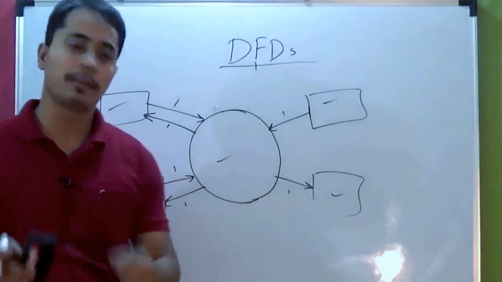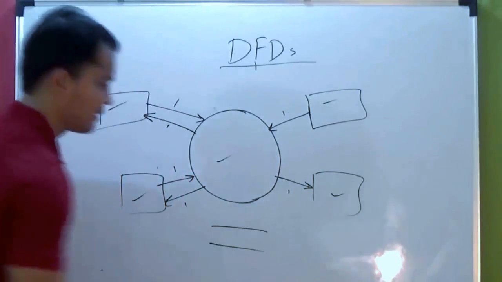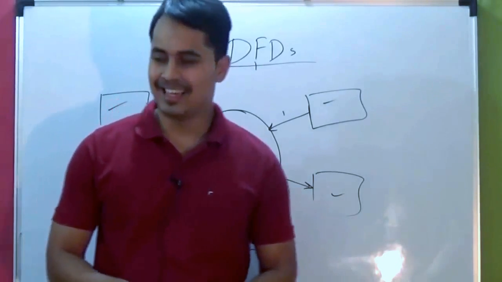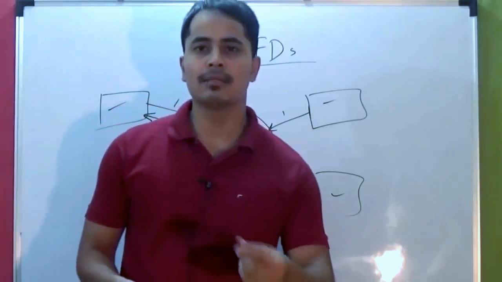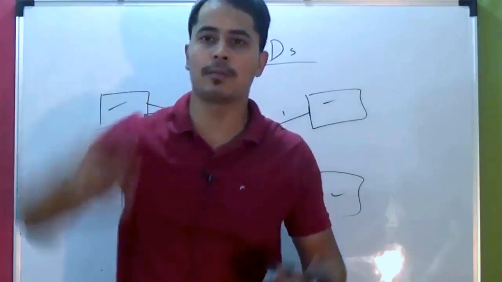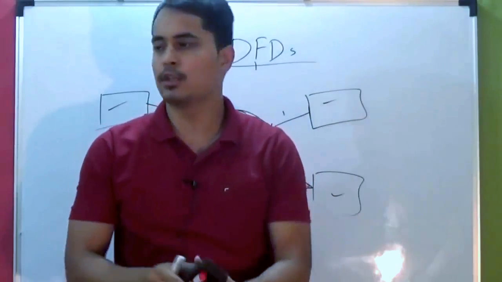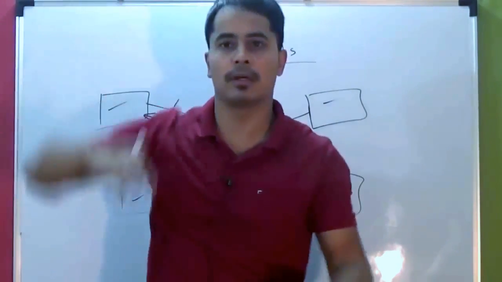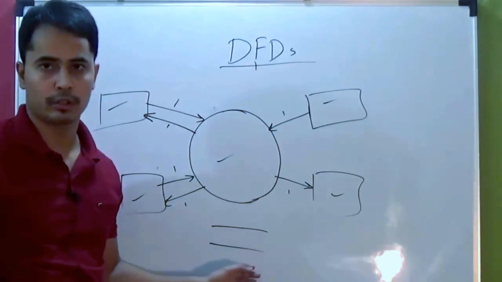data stores can never be present in your context level diagram. You cannot show a data store like this in the context level diagram. You may want to ask why? Okay, as I said earlier, data stores are internal to the system. For example, there's a muster where employees sign their attendance. Will you be able to see that muster from the helicopter? No. Or maybe there's a server room, Facebook's server, where it stores all the data from all the members of Facebook. Will it be visible from the helicopter? No. That is internal to the system. So data stores are not shown.